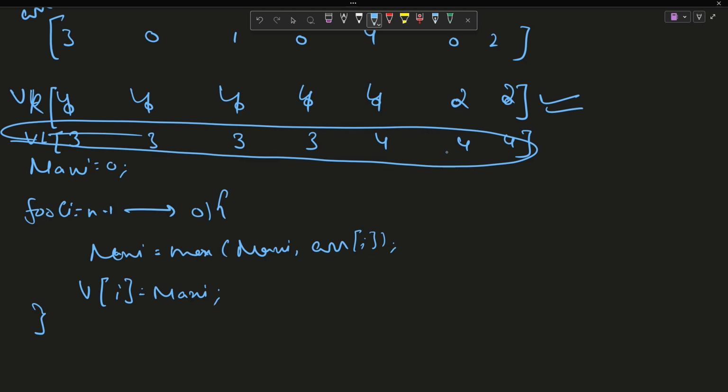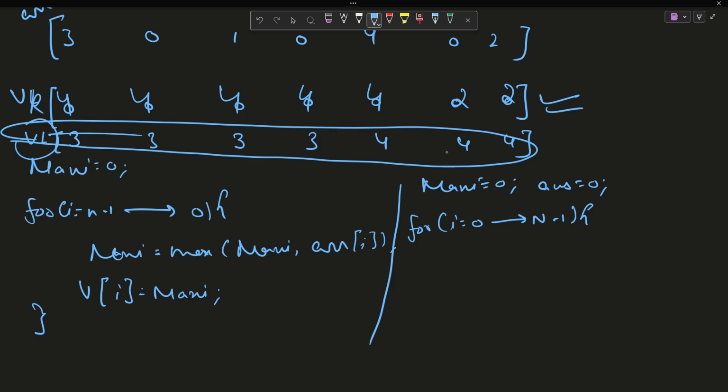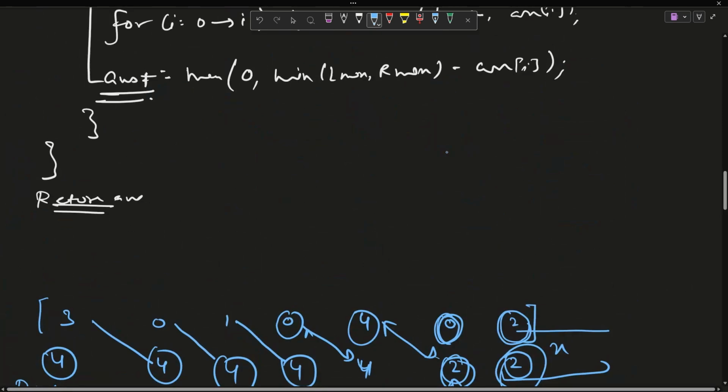Okay. Now what will you do? After this, use maxC equals 0 again, answer equals 0 again. Now, for i going from 0 to n minus 1, first update your maxC. Instead of using a different loop for VL, use it here only. So maxC equals max of maxC comma ARR[i]. This will give you the maximum, and then answer plus equals, the same line. This same line.